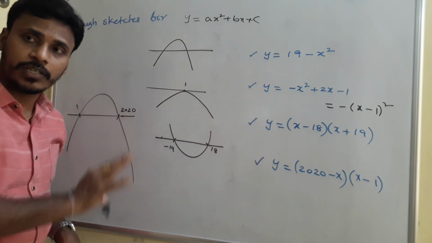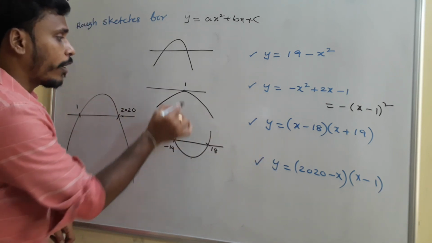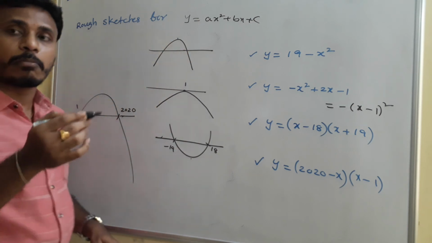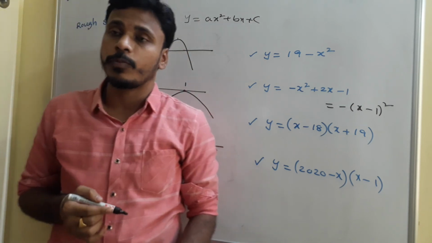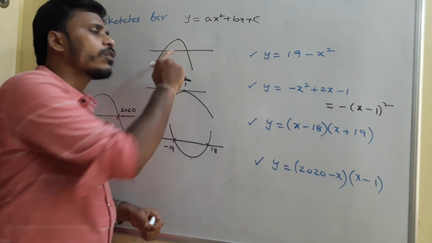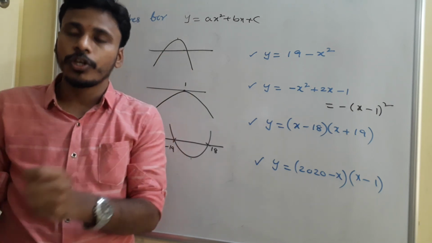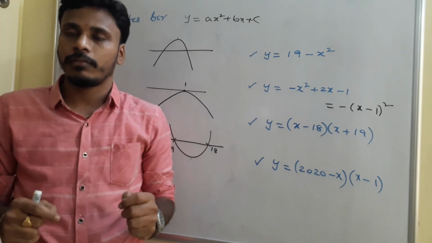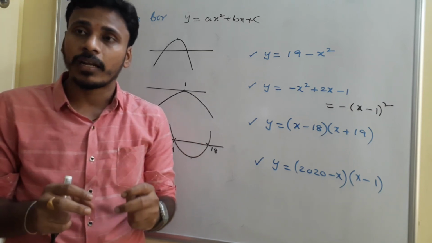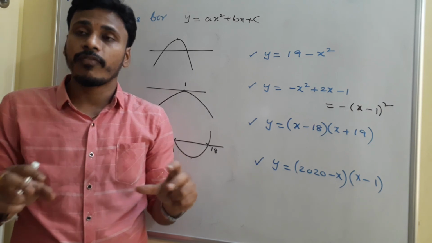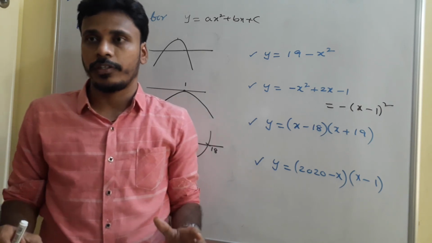So all these are the rough sketches, and if you need the peak points, you just calculate them using minus b by 2a comma 4ac minus b square by 4a. If you need the roots, just mention them. As per your requirement, you need to mark the roots, the peak point and everything. Initially you need to practice how to sketch rough graphs for quadratic expressions. Have a look.